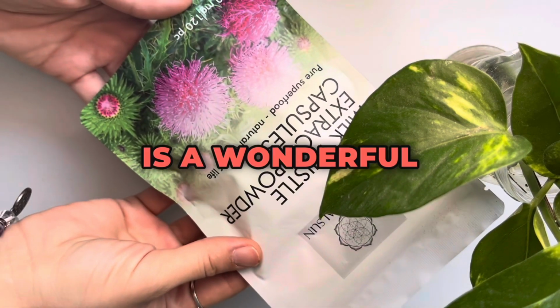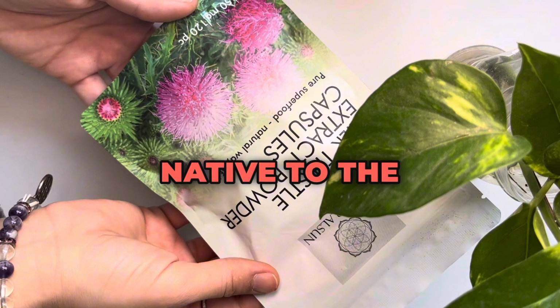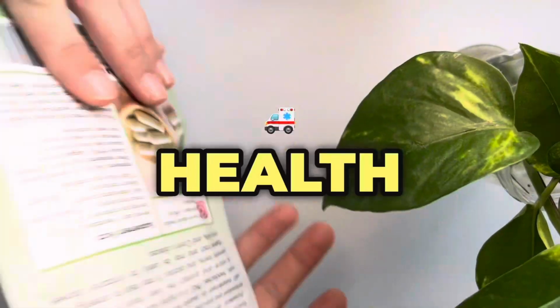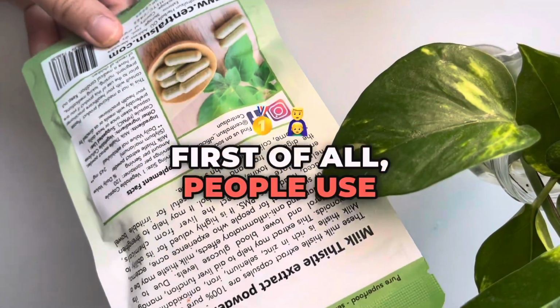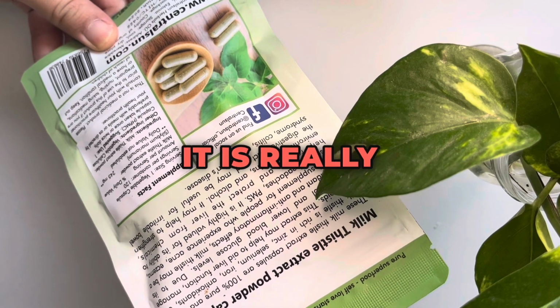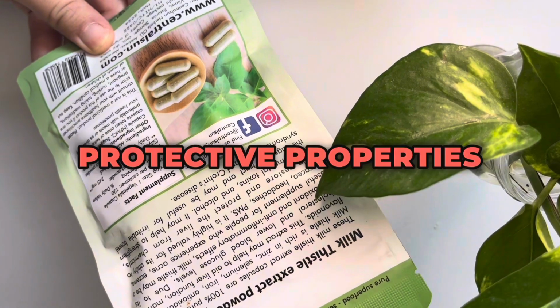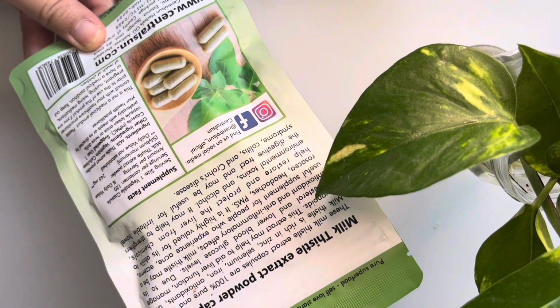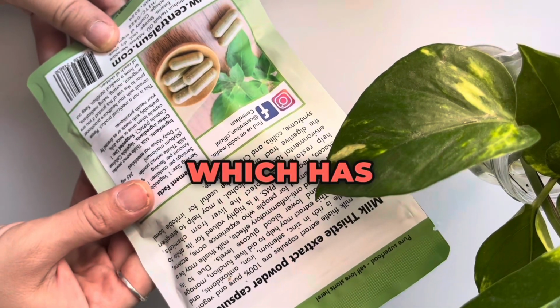So milk thistle is a wonderful flowering herb native to the Mediterranean region, and it's also known for its many health benefits. First of all, people use milk thistle because of its liver supporting properties. It is really famous for its liver protective properties, and it contains a bioactive compound called silymarin, which has antioxidant